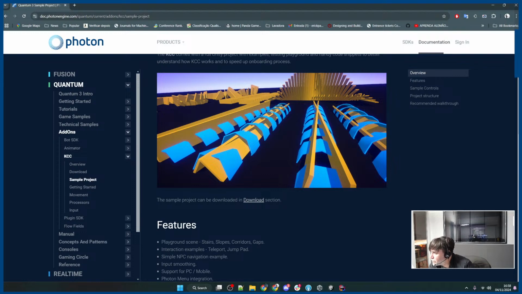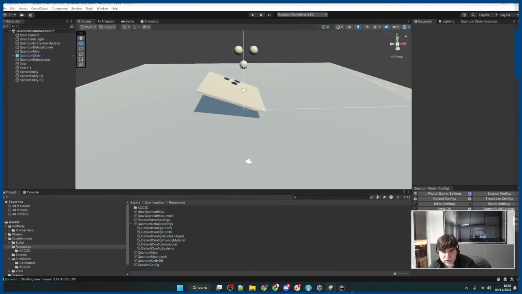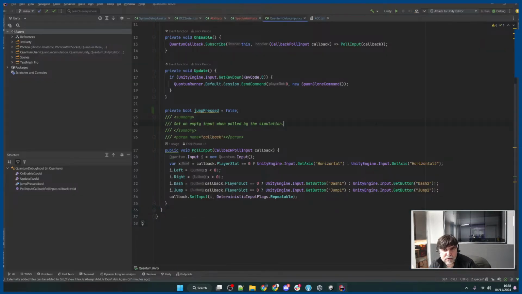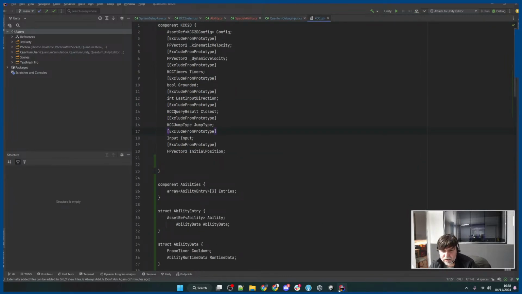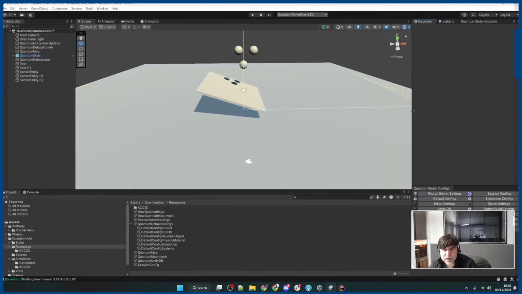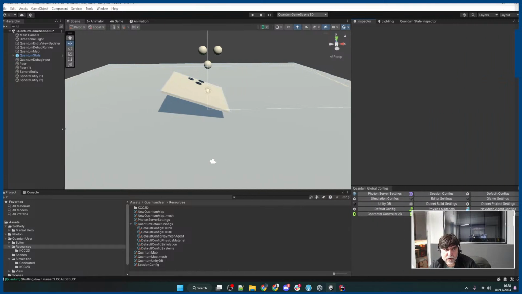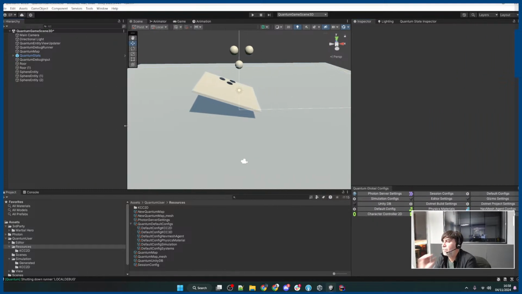Niels, on Quantum 3, it should run automatically because we detect a change on any of the QTN files. So if you can create a clean project with a specific Unity,